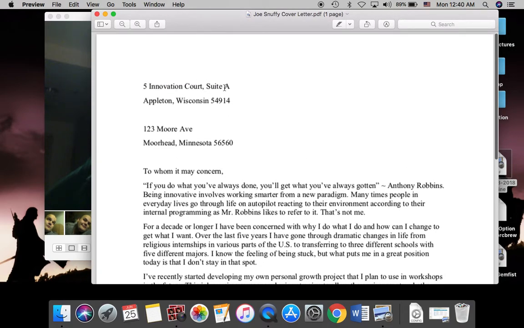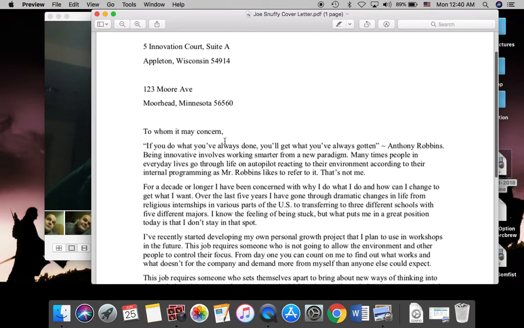So you do start out with the address of the recipient and your own address. Generally, you'll include the names, however. So make sure you include your name on that one and the name to whom you're sending it, or the name of the company. With to whom it may concern, generally you want to try and find the name of the person who will be receiving your cover letter, whether that's the hiring manager or whoever's chairing the search committee. Trying to get that name will automatically give you a bit of a personal foot in the door.